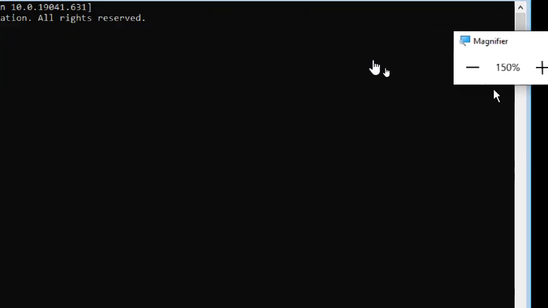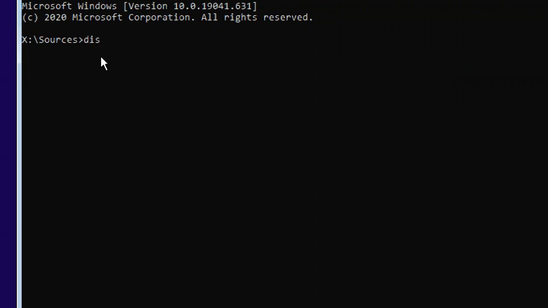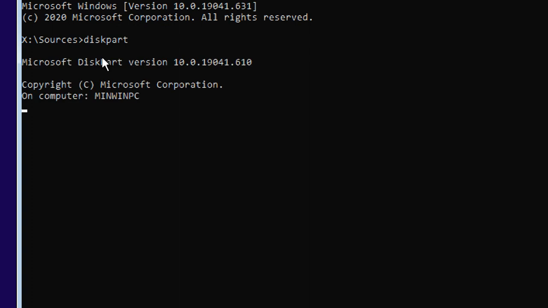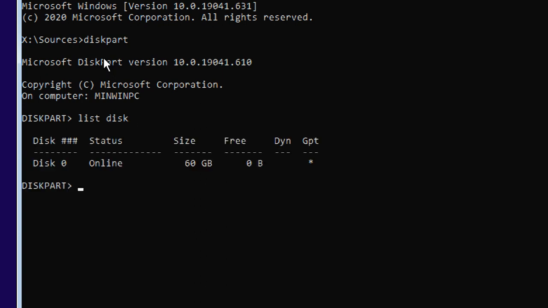Next, diskpart. Because I chose UEFI, I should get my disk as a GPT partition. So I put the command diskpart, and then you will get diskpart. Then click on list disk. You can use GPT, but just to show, it's a GPT drive only, GPT star. If this star is not showing under GPT, it means it's an MBR disk. I think we didn't cover that one, or did we? I will explain it anyway.